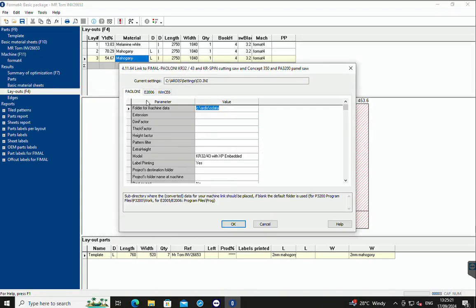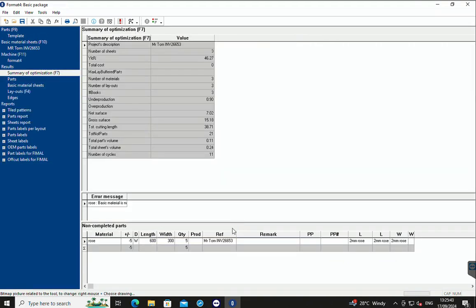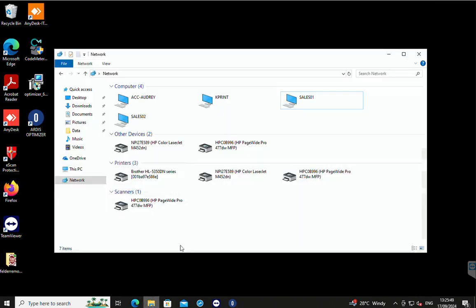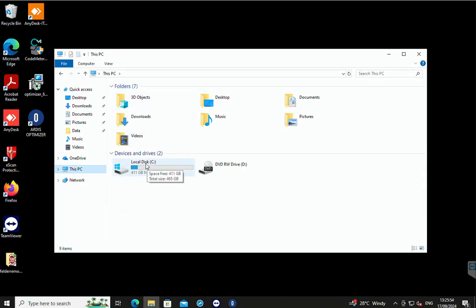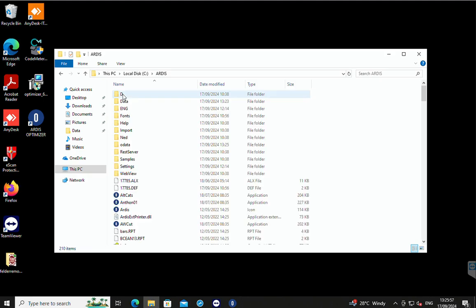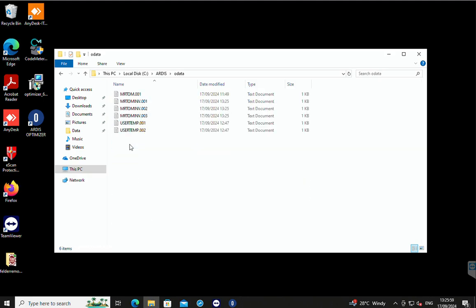But for now, Ardis will save the file in C drive, Ardis OData. So what you can do is go to your flash drive, plug it into your computer, and copy this saved file. I will show you now. Okay, and that's it. If you go to where the file is saved, C drive, Ardis, OData,